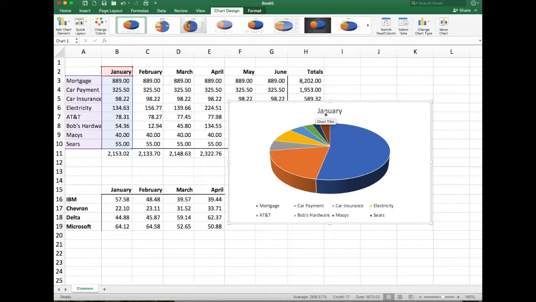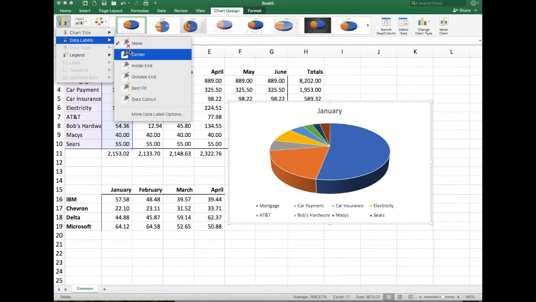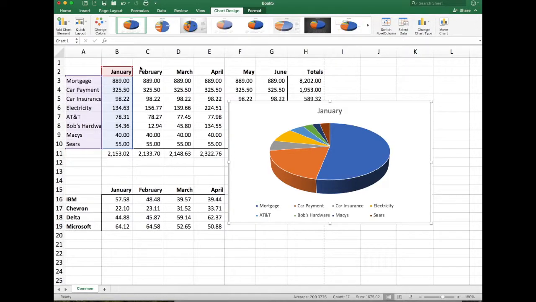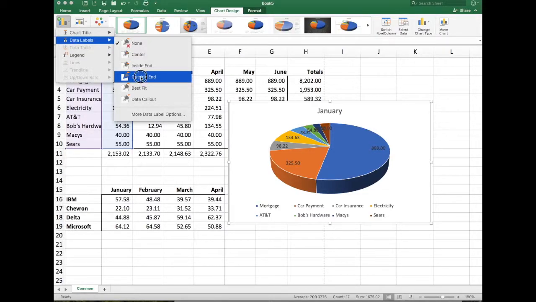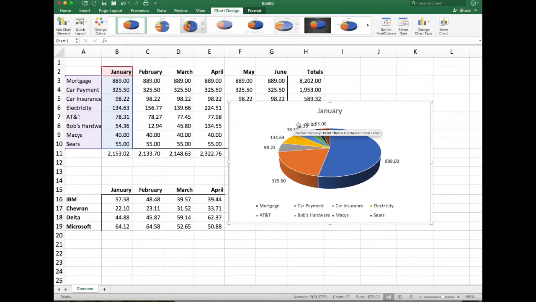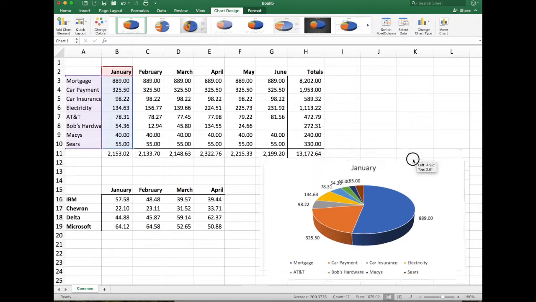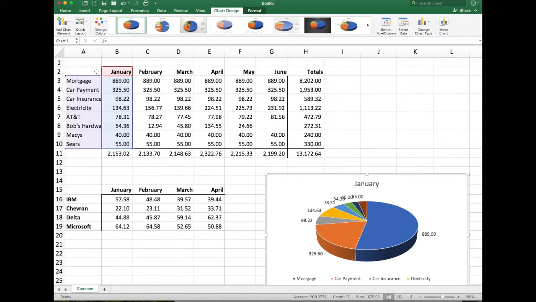And now we can add all kinds of elements. We can put data labels on them. We can say, okay, outside in, boom, there's the data labels. We can go over here and change the data labels. There's all kinds of different things. We can change colors if we want. But I'm going to move this one down to the side here now,